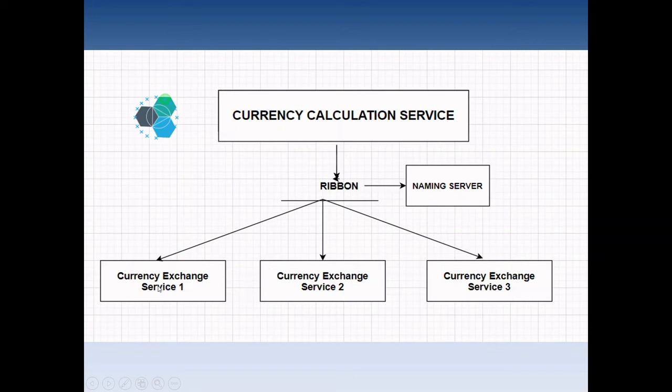The service has been scaled up, so there are 3 instances of the currency service running. How will the currency calculation service come to know which service the request needs to be routed to? Ribbon is here. Ribbon is a load balancer which is responsible for taking a request and routing it to the appropriate microservice instance.